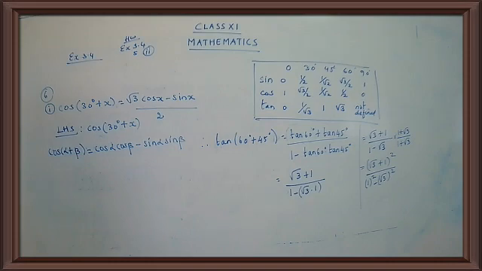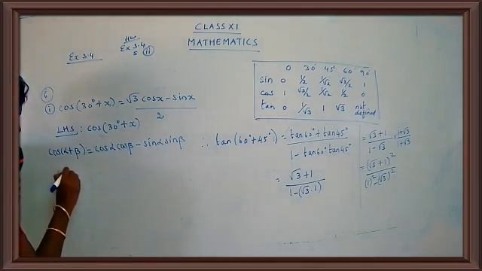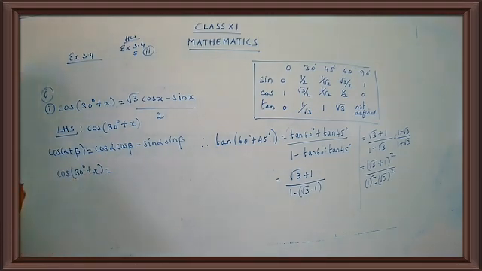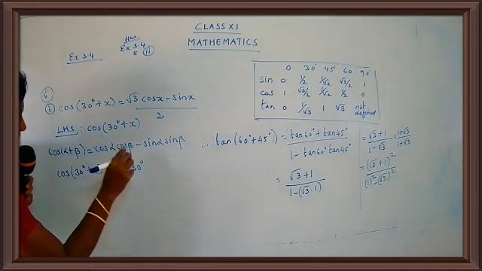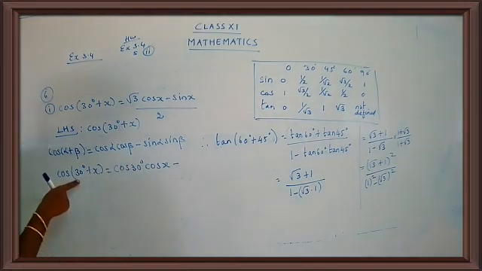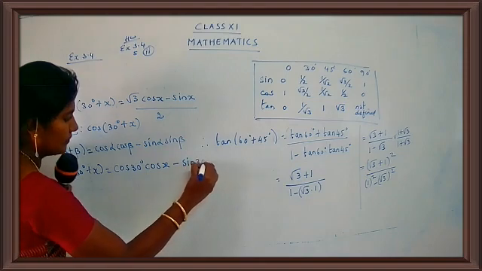And whatever you know, you just try to put the value. Okay, so let's see how you get the answer. This is cos of 30 degree plus x is equal to. In place of alpha, you're going to put 30. So cos of 30 and cos beta, so you're going to write down your x. Cos of x minus, what is alpha? 30. So sine 30 and x.